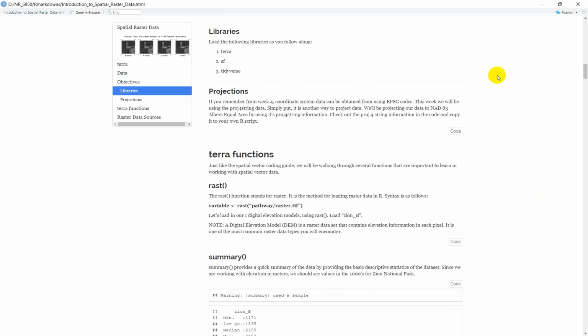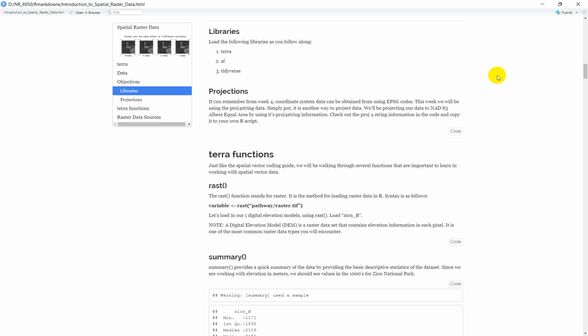Projections. Now, if you remember, data can be projected in different ways, and that depends on a geographic coordinate system and a coordinate reference system, CRS, which is just a mathematical abstract of reality. So how are we viewing the Earth? How are we either minimizing distortion or creating distortion by projecting